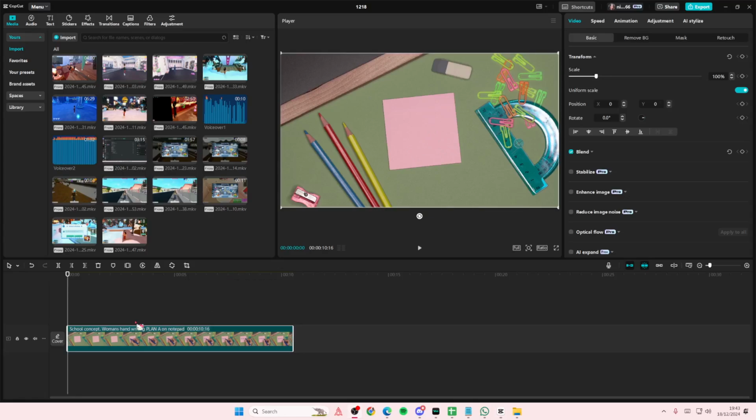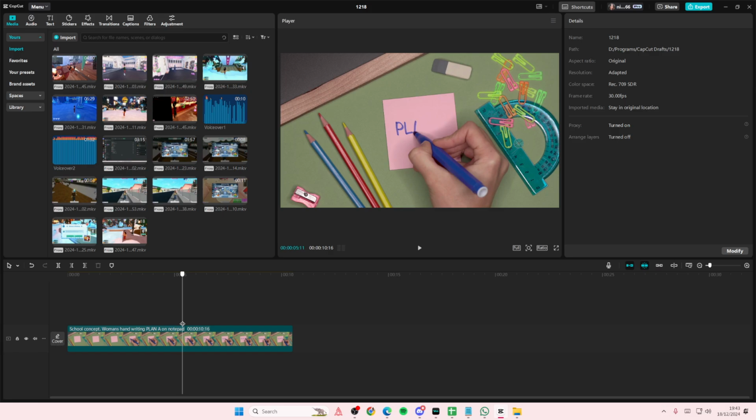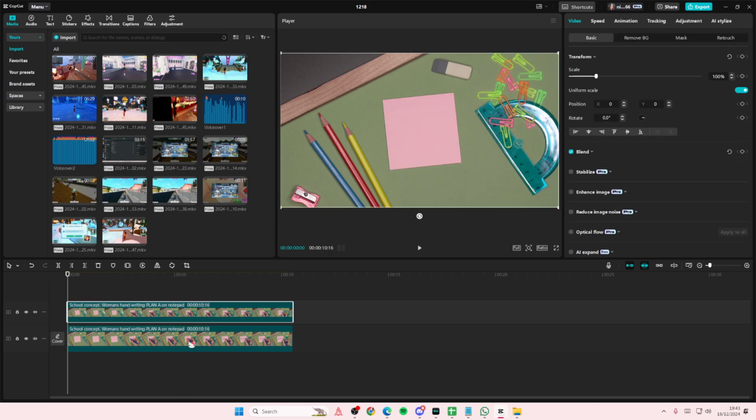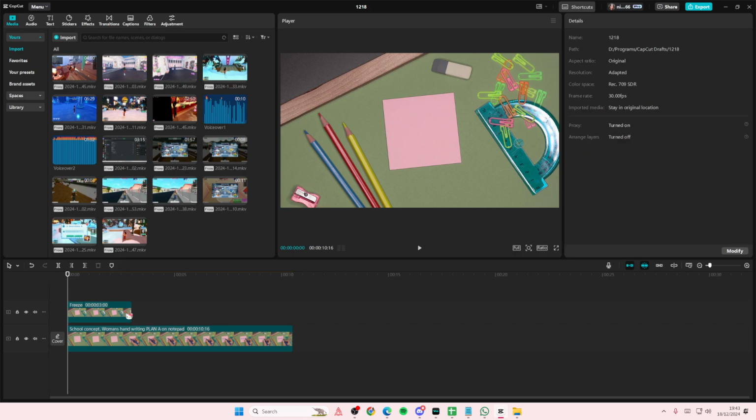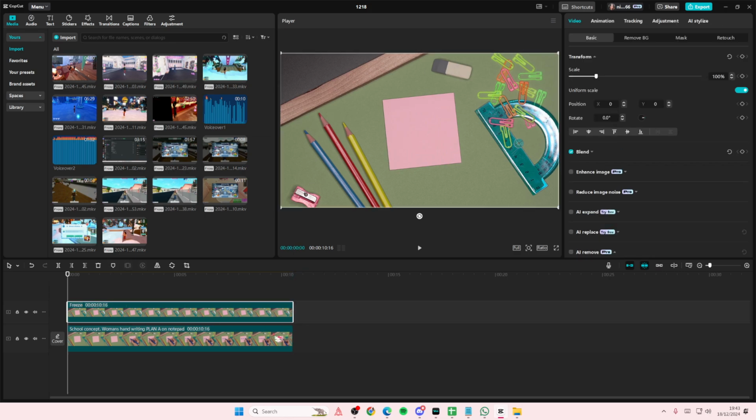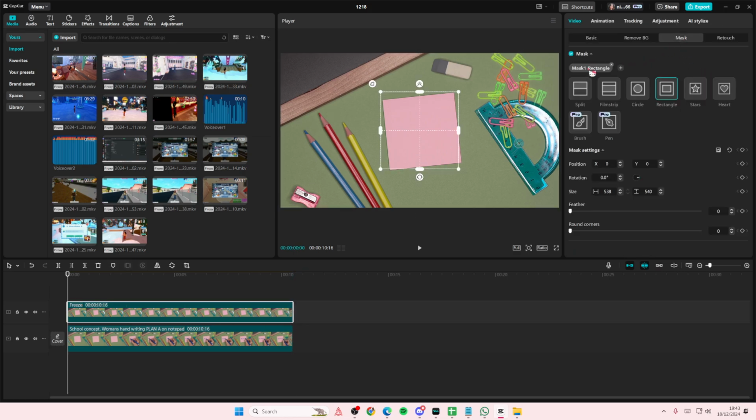In this video, I'll be showing you guys how you can remove objects from your videos in CapCut PC. So I'm just going to copy and paste it, and I am going to freeze the frame. Then you can either do the remove one, but if you don't have CapCut Pro, you're just going to select